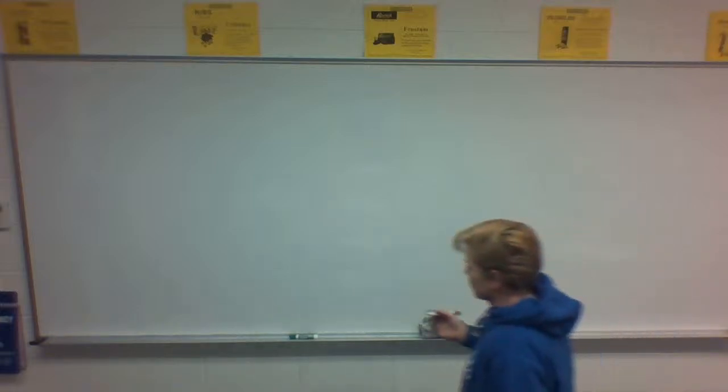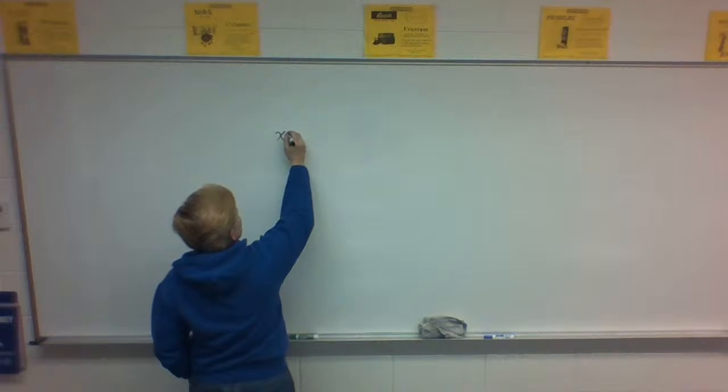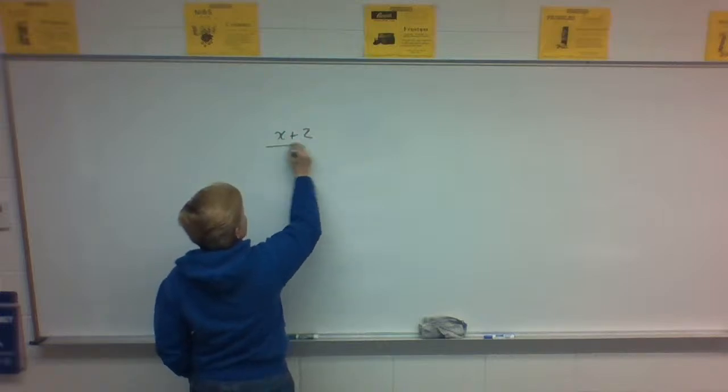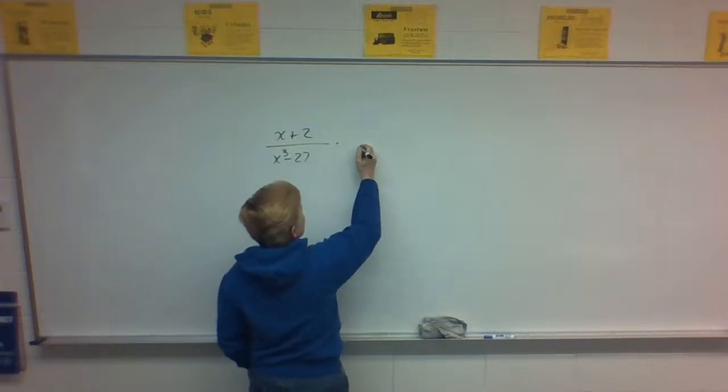Okay, next question. Turn the page. I figured it out. This one's a multiplication. We have another multiplication, but this one doesn't look like two fractions, but it is. It's x plus 2 over x cubed minus 27, times, in parentheses,